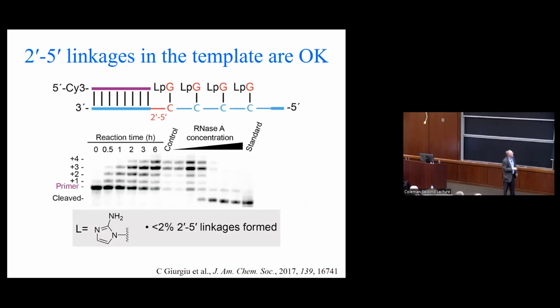Okay. So what about other kinds of heterogeneity in the template? I mentioned at the beginning a few other things that can happen. So RNA is all 3', 5' linked when it's made by, say, RNA polymerase. But okay, you're doing this chemically. What happens if you make a mistake and there's a 2', 5' linkage? Well, it turns out you can copy over that linkage. And then using enzymes, we can see, is the product 3', 5' linked or 2', 5' linked? Turns out it's almost always 3', 5' linked. So you have a heterogeneous template, you copy it, and you get what looks like modern RNA. Kind of magically comes out of the structure.